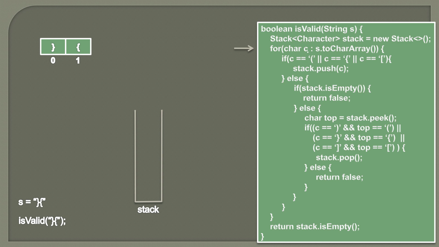Now this for loop will start with the closing curly bracket. So C becomes the closing curly bracket. As we know that the string is valid, we must have opening brackets at the beginning. And whenever we encounter any opening bracket, we simply push it on the stack. Currently you can see that we have a closing curly bracket. So this if block condition comes out to be false because C is not equal to any of these opening brackets.